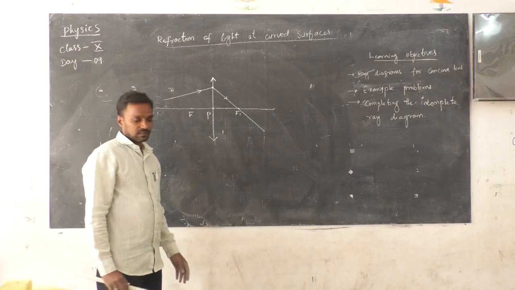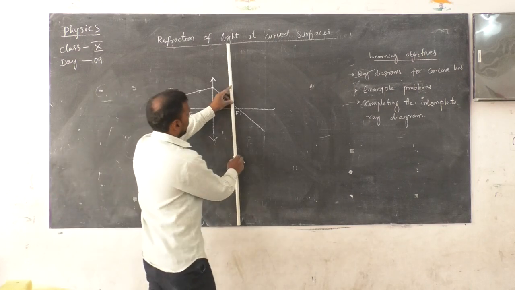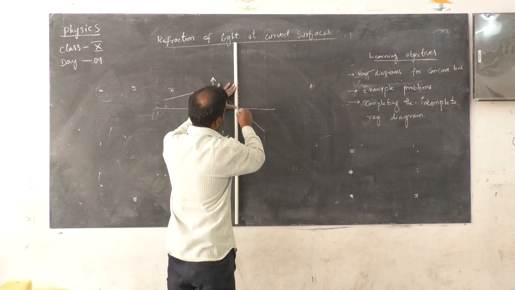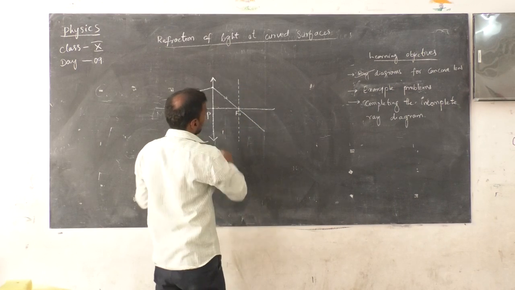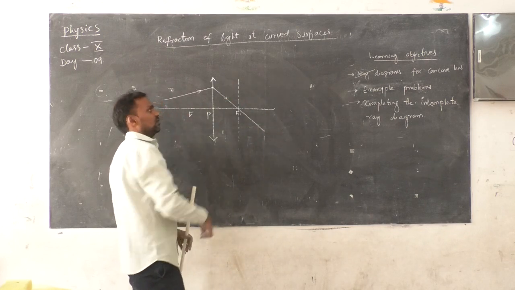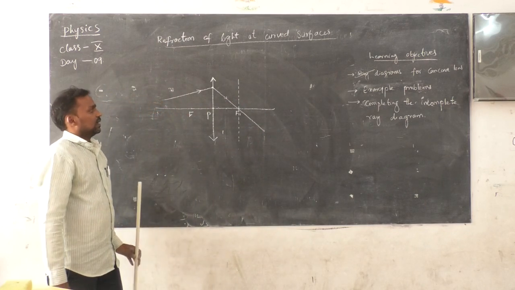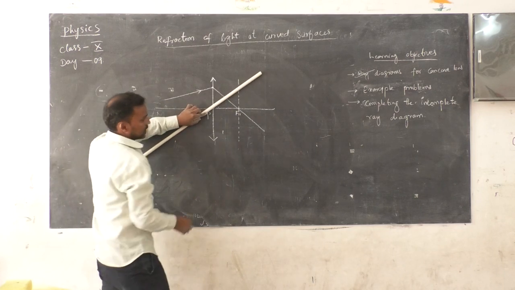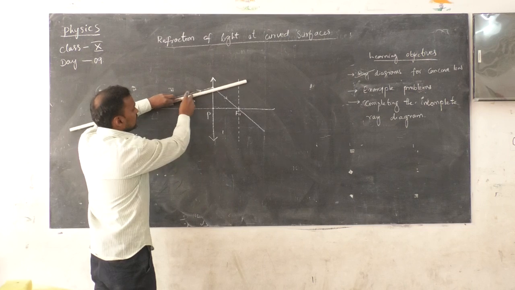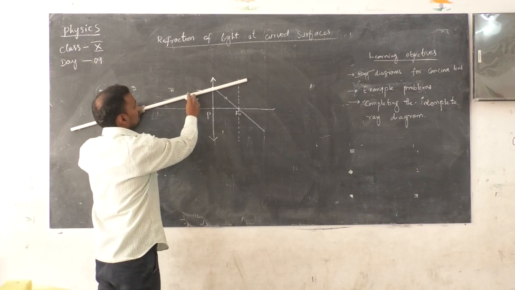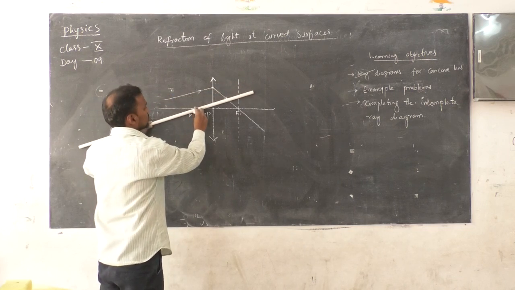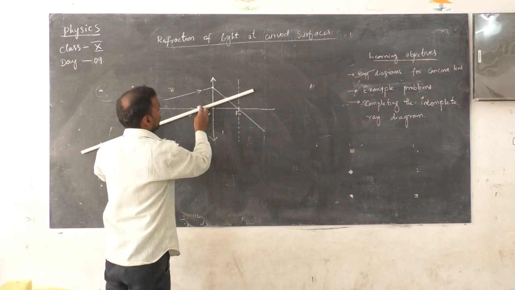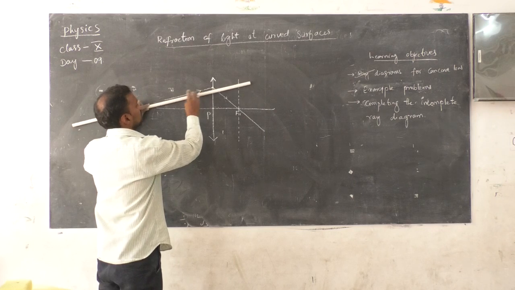After passing, you draw a focal plane from this point, parallel to the lens and perpendicular to the principal axis passing through the focus, and draw a line passing through the optic center, and that should be parallel. See, this is parallel to this incident ray. Don't draw it like so. It should be parallel to this line.